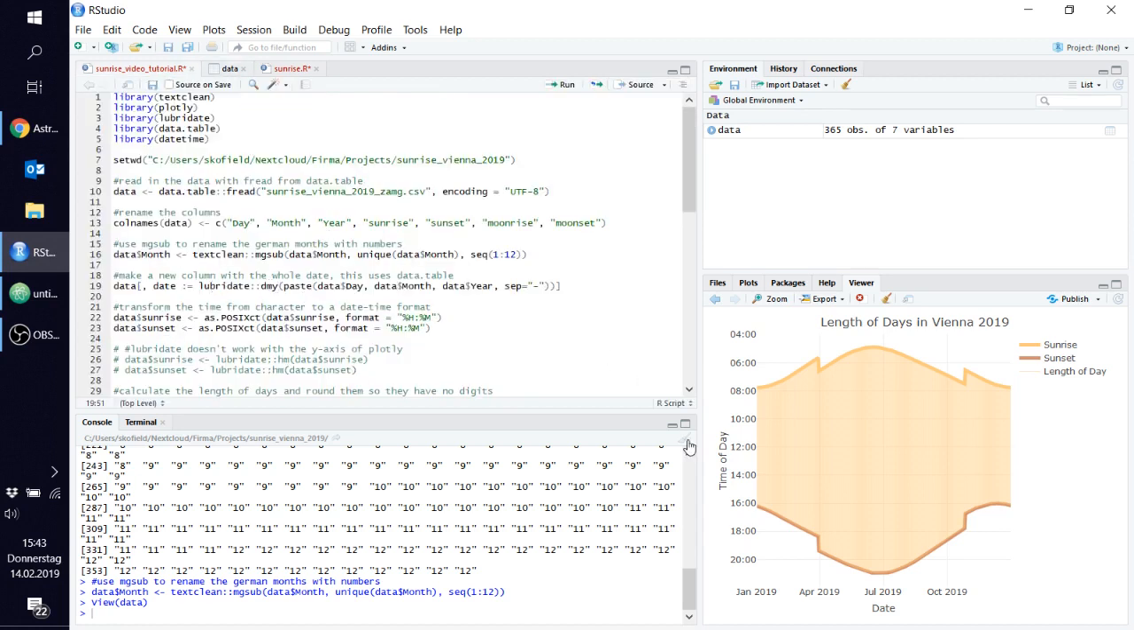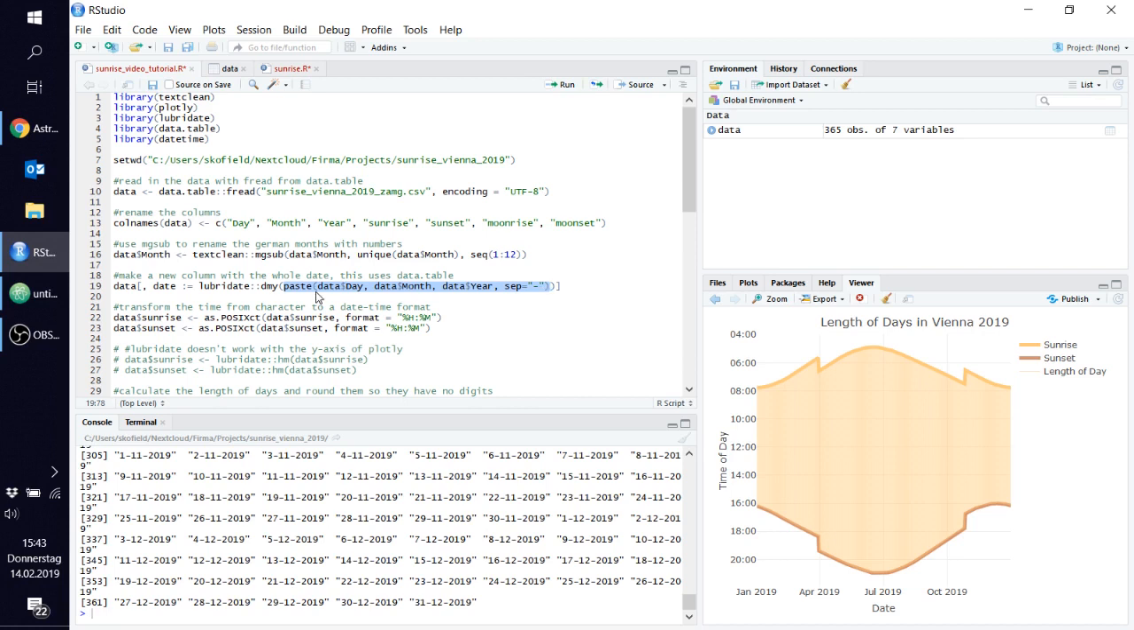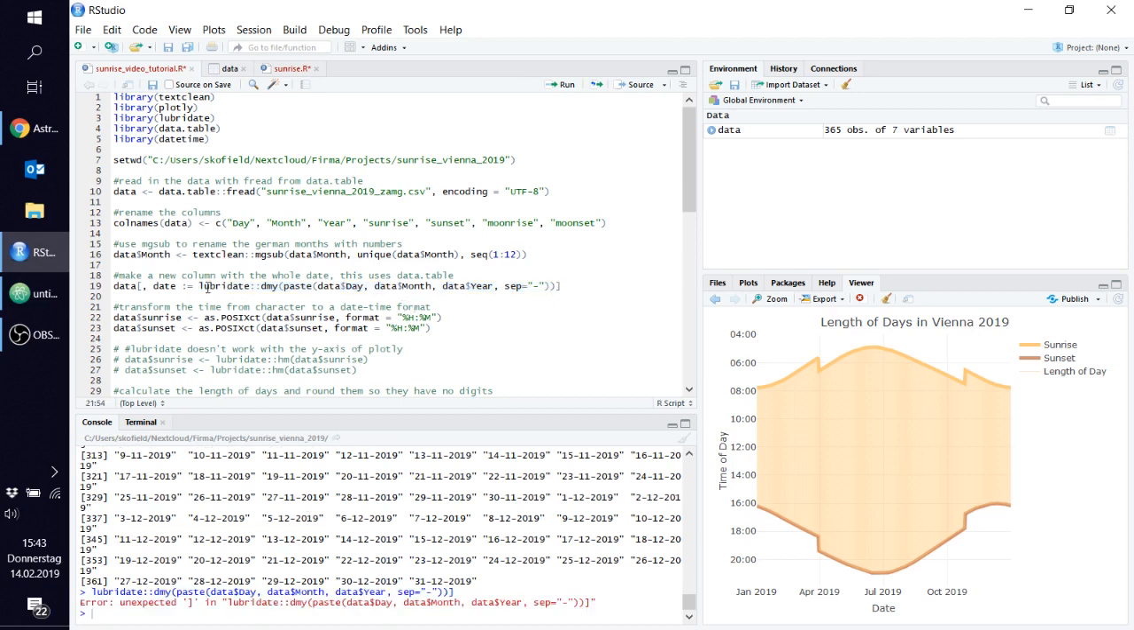That works fine because we map the days to the x-axis of our plot, and it works on the x-axis. So we use paste, and we paste together the day, the month, and the year. And as a separator, we define the dash, so it looks like this. Then we take the paste function and feed it into this function from LubriDate, and it will just transform the character to a